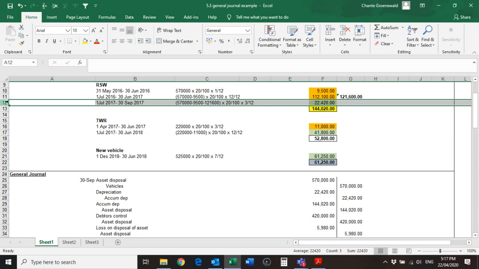So at the end of the year, I take my fixed asset register when I'm in practice and I work out, okay, this is my method, and I update my fixed asset register with depreciation. I go write my general journals, and there we go. So if this asset is now sold on the 30th of September, can you see that I have to write it then because I'm still not at year end. I'm still before year end.